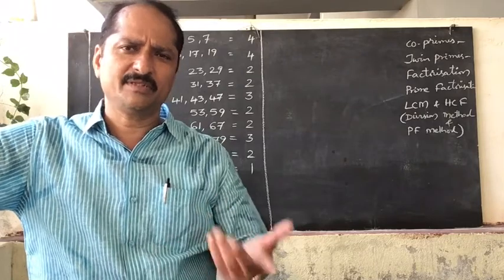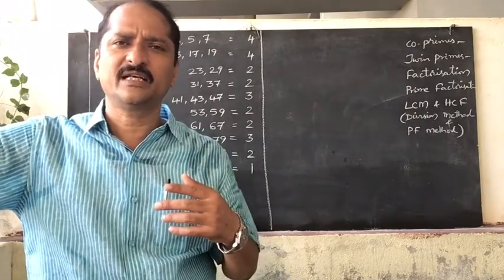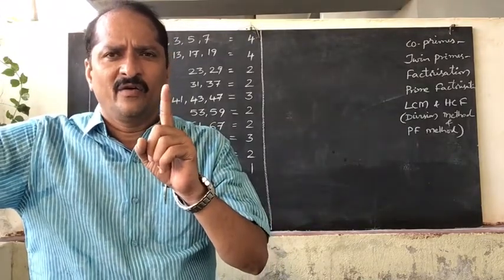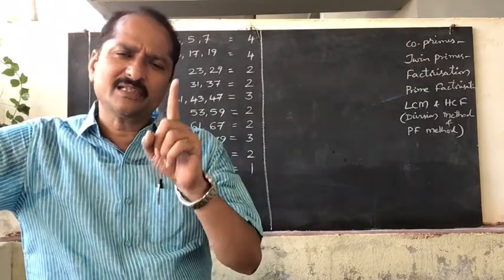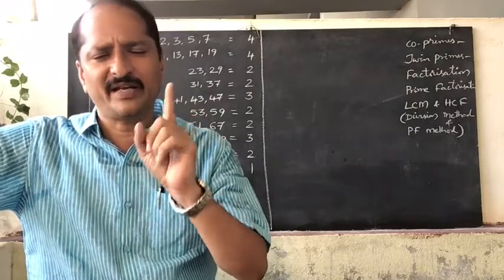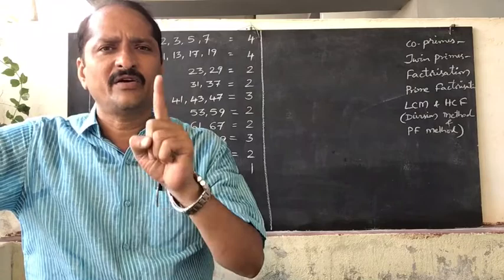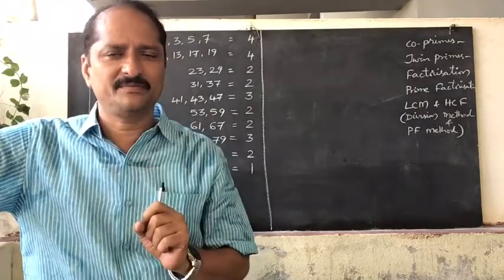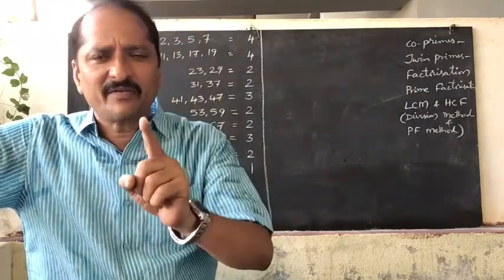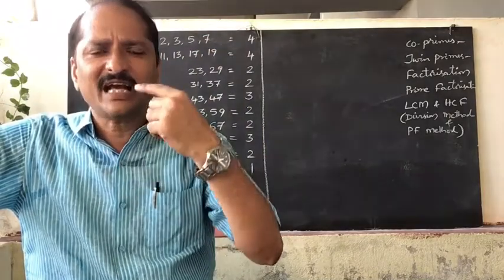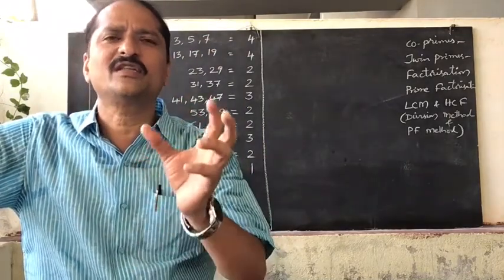You can take any two or more numbers. For any two or more numbers, at least one common factor will be there. Other than that one common factor, if they don't have any other common factor, then we can call them